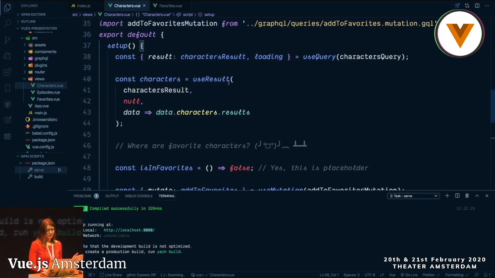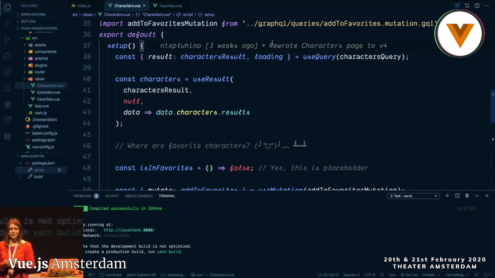So here in the setup, we're fetching some data. And if you already use Vue Apollo, and you look at this and think, what the hell, where is my familiar Vue Apollo code? Where is the apollo property? This is Vue Apollo version 4, already using Composition API. Because Composition API is a hot topic, I couldn't just skip it. So here we're actually trying right now to fetch some characters from the Rick and Morty API.